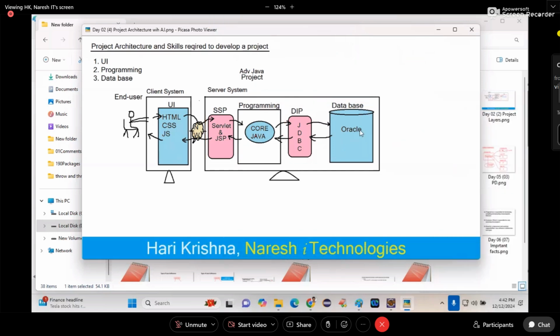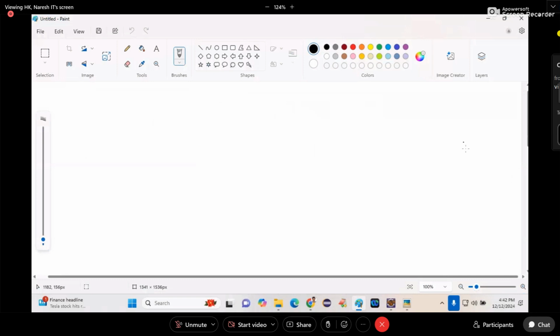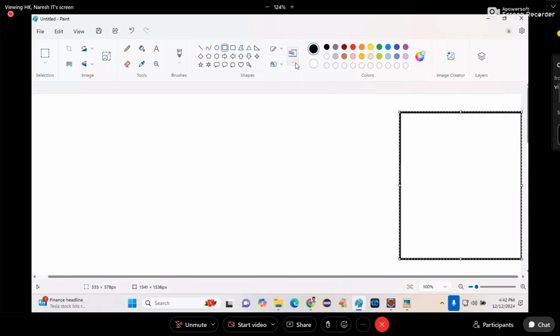Then what do I have to do first now? I have to design my database, followed by JDBC. Now I want to develop a very simple project, and later I will upload some complex projects for you to practice on your own. First, let us work with a simple project. The simple project is only our core Java program. I'm not taking more than that. This is our database. First, I am designing my project,